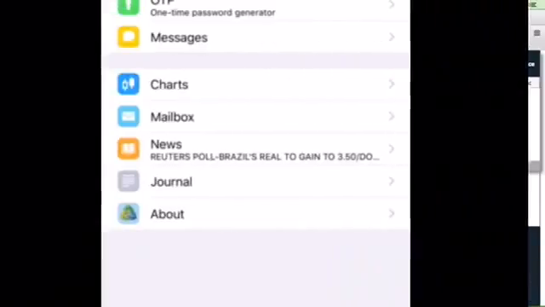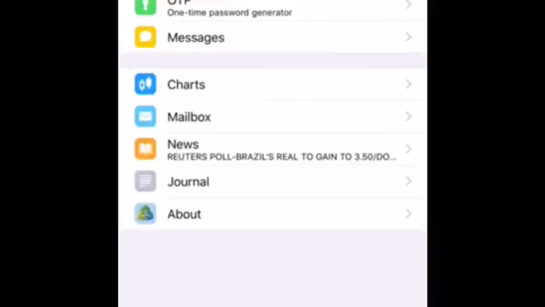Okay, now that we've got your Tallinex or whatever brokerage account that you have chosen, we are simply going to come back into our MetaTrader 4 app. As you can see, I'm actually back in the settings page down here on the bottom right. Once you push the settings, it's going to bring you to your back screen. Up at the top, you are actually going to push on your trade accounts, and you will see the plus